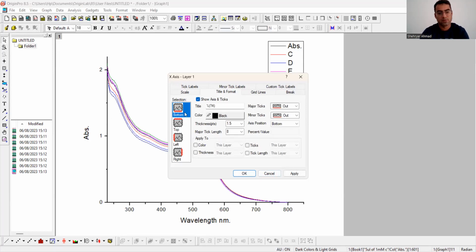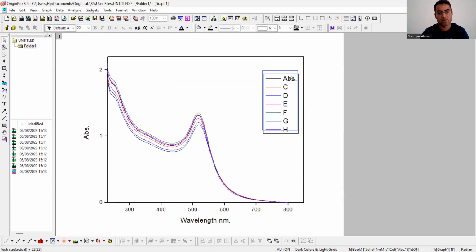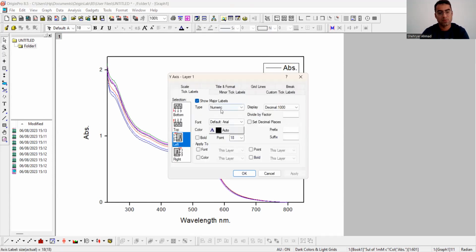Just so at bottom, major ticks out, minor ticks none. Top show no. Just want to show this and apply. So here we can write. We will also change